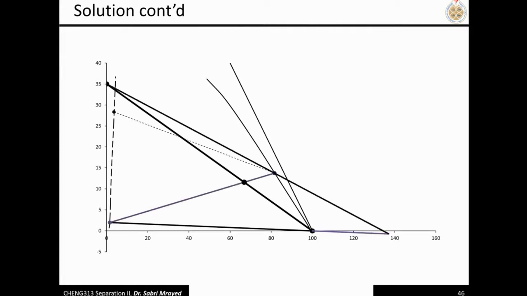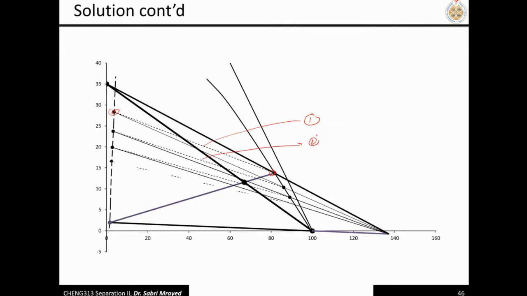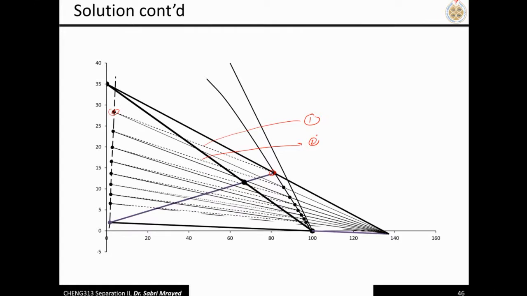So this is again just a drawing. This is the first tie line that will represent stage number 1. You connect this one with this point. You get stage number 2. And you continue doing that until you reach the final one here,